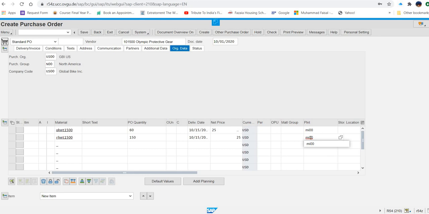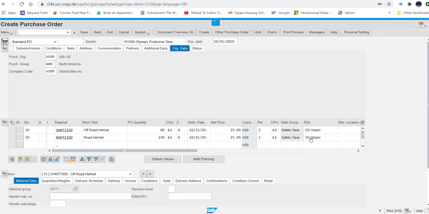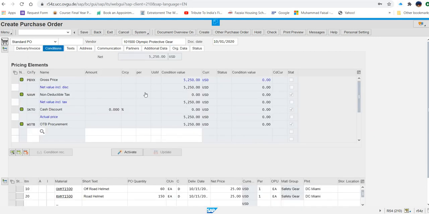After entering this data, you just press enter. And when you press enter, you can see the document is again populated with data, even data that you did not enter is showing. Now, this is an exercise for my students. They are asking to go to the condition tab and see what the purchase order price is and so on. So you can go to the condition tab and see the prices.